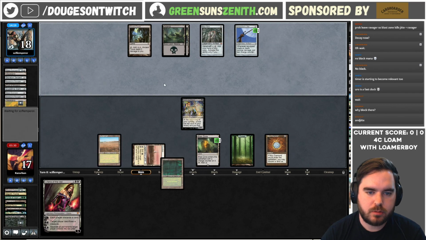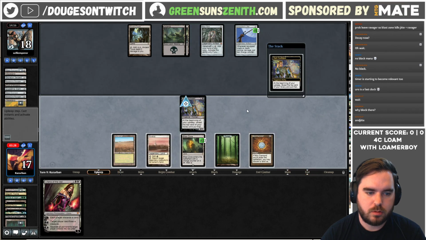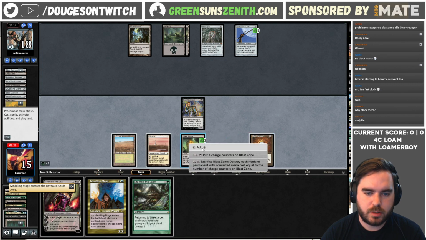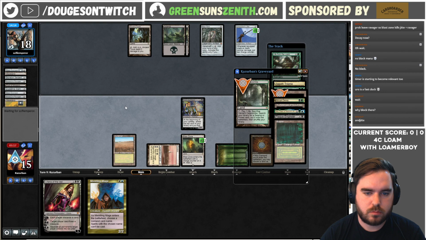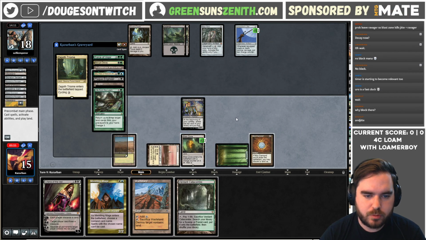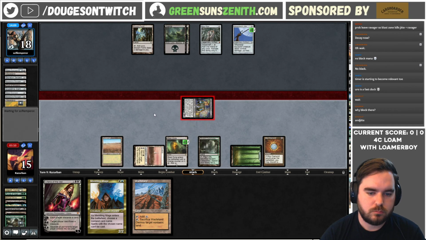Thinking after the Bayou, okay. Oh, that sucks. That's rough. Gonna kill Bob or not? No. Interesting. No? Wow. Okay. Loam. Alright. Okay. I would Loam here. Get back Wasteland, Bayou. Oh, that's fine. I don't think there's a way there to get back both, unfortunately. And then I would swing with Bob here, and probably